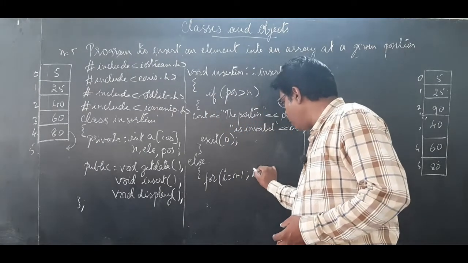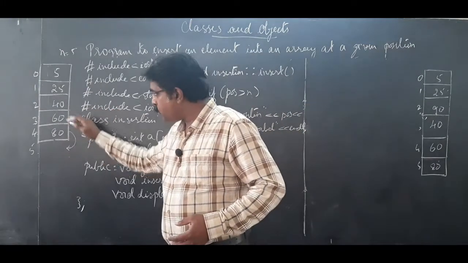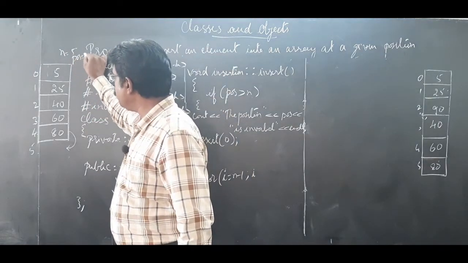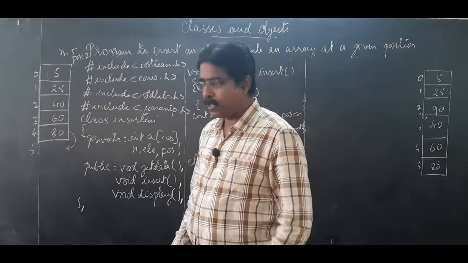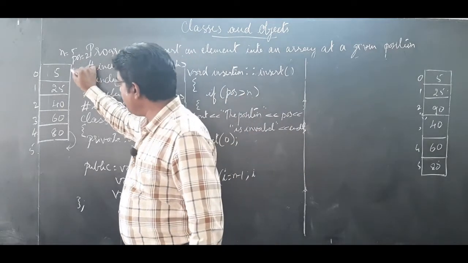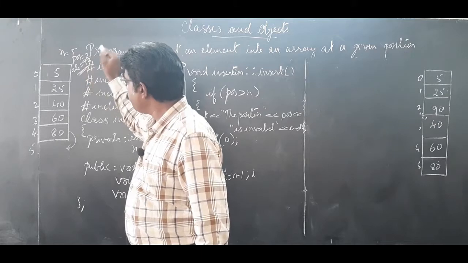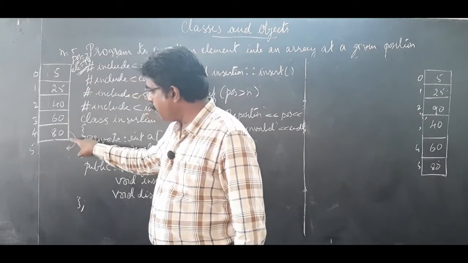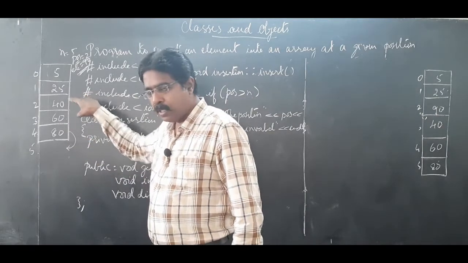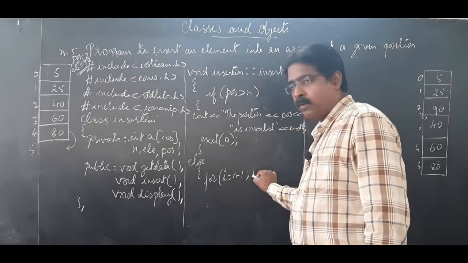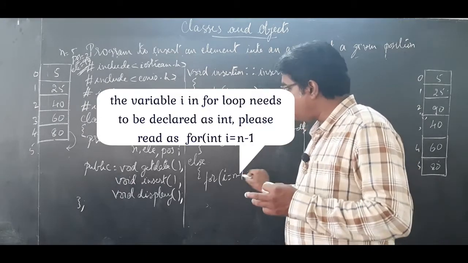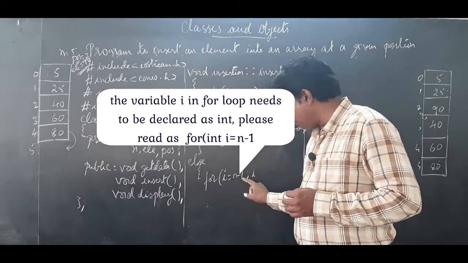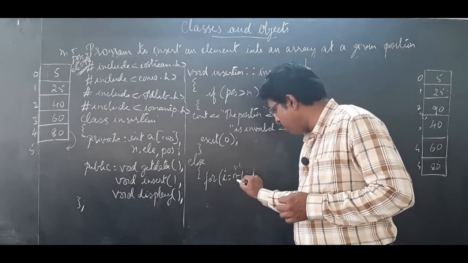Then, till where am I going to move or shift the elements? As I said, if the position value given is 2, as we have taken the example, 2, where the element is 90, then we will be shifting the elements from the last till the position. So i's value must reach the position. I's value is starting with n minus 1. I'll write here, 5 minus 1 is 4.